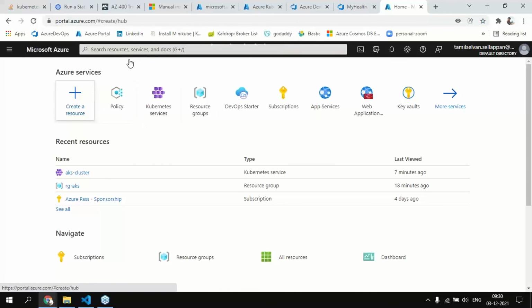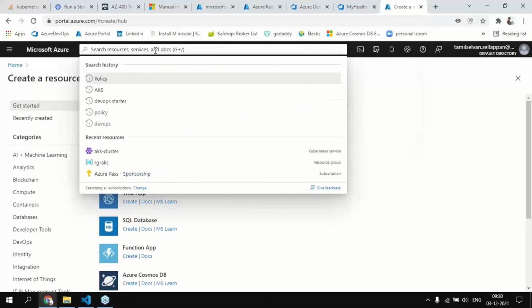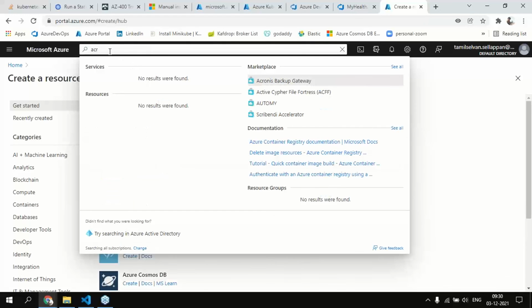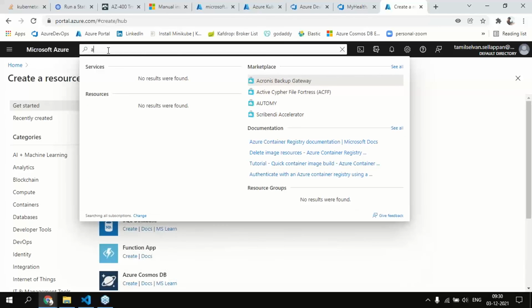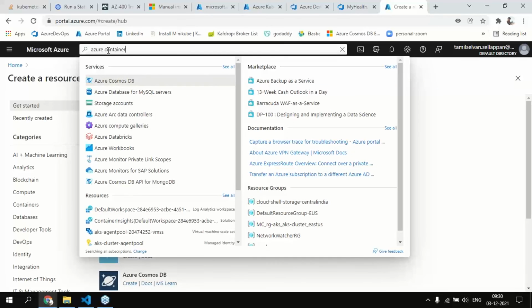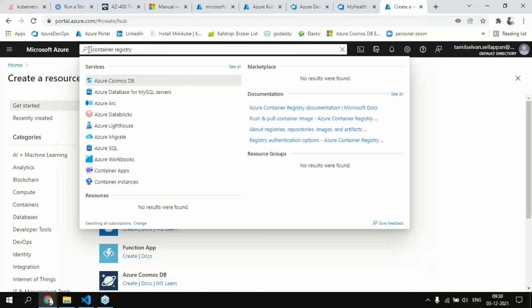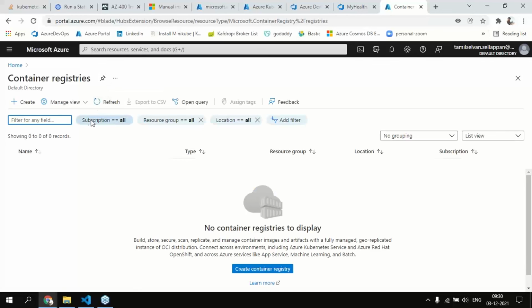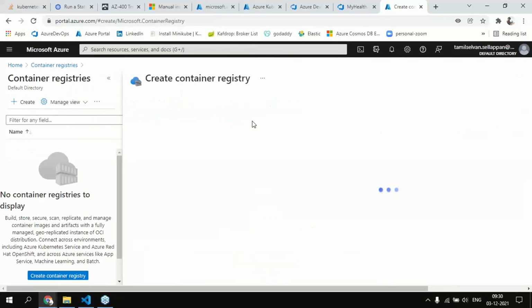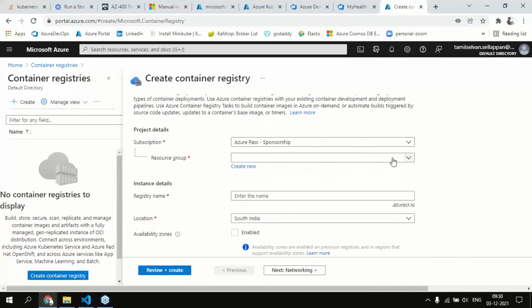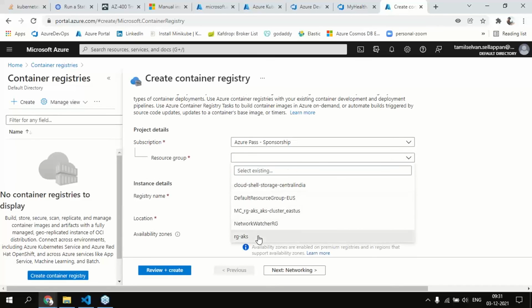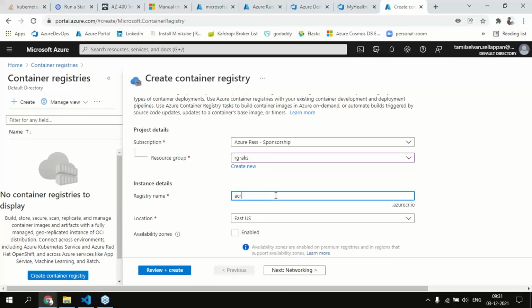So here, ACR. Okay, the container registry here, right? So this is where we will be storing the image, like Docker Hub, right? Okay, and here maybe I'm just using the existing one, and ACR